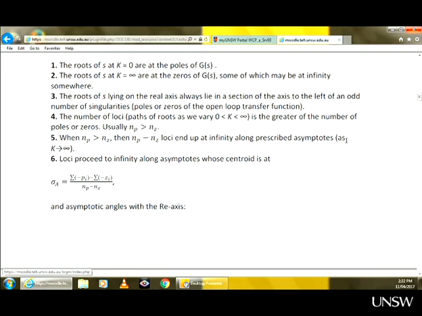Okay, but that's not enough. So you have the intersection between the real axis and all your asymptotes, no matter how many you have. You also need to find the angles at which the asymptotes intersect the real axis. Only then you have full definition of your asymptotes. So the angles